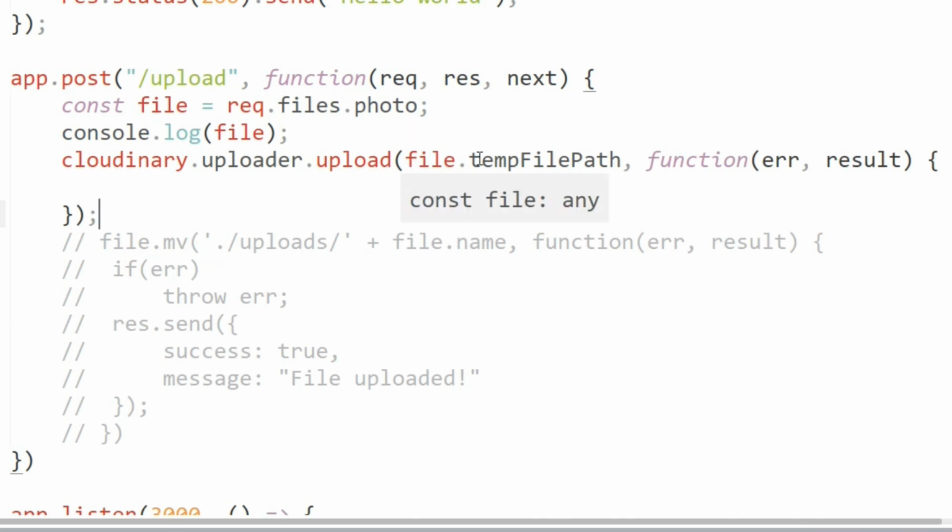The first one is the location from where we want to upload our file. The second one is the callback function. It has again two parameters, error and result. Error has some value if there is some problem in uploading the file, and result has some value if the file has successfully uploaded on Cloudinary. So let's log both the values.